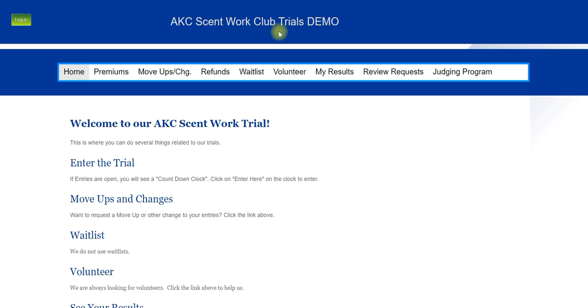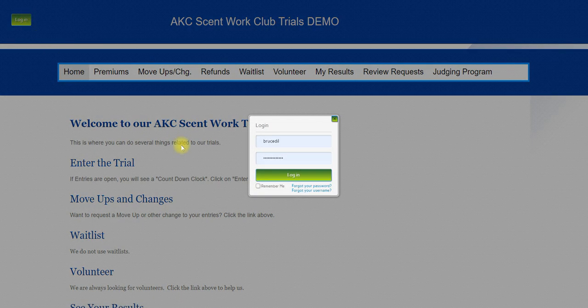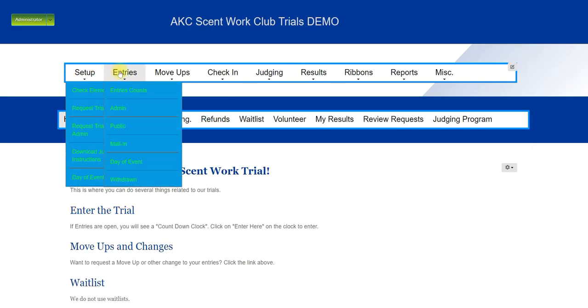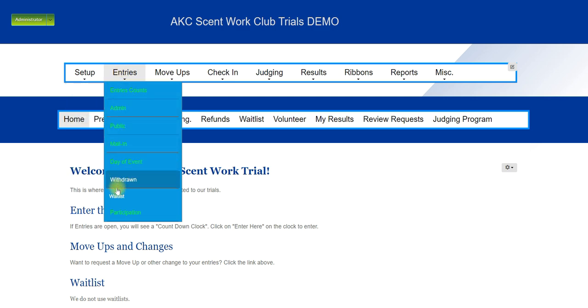The next part is managing the waitlist entries, and so I'm going to log in to the system, and you'll see the administrative menu is going to appear here at the top. So here it is, and I'll hover over entries, and I'll go down to waitlist and go to admin. You'll also see the public link here, and this is because we have to have the public item on the menu somewhere in order to display it in an article, as we saw when we went to enter our waitlist entry. So I'm going to click on admin,